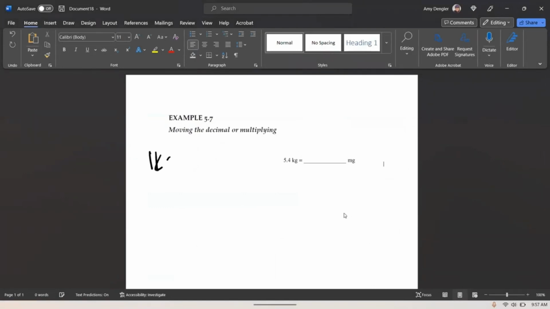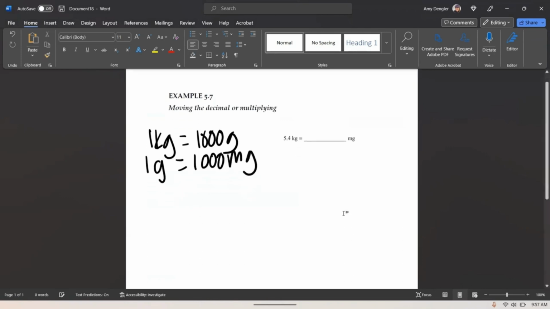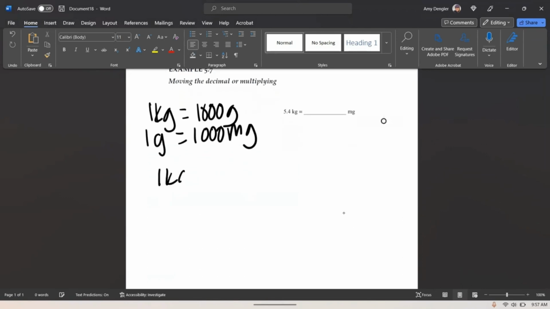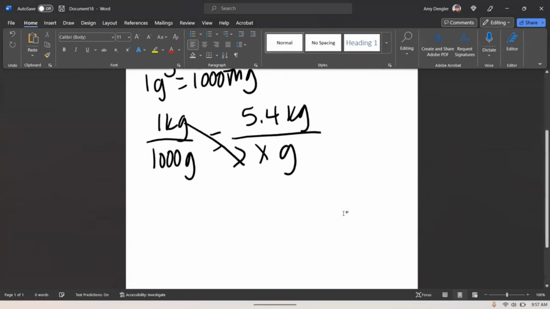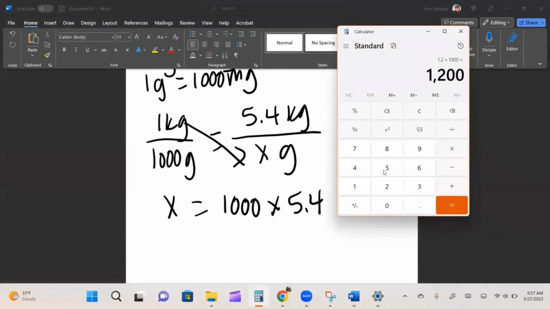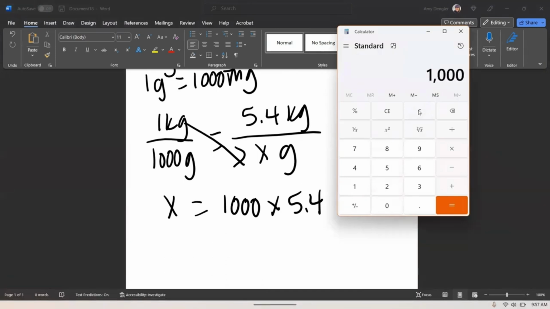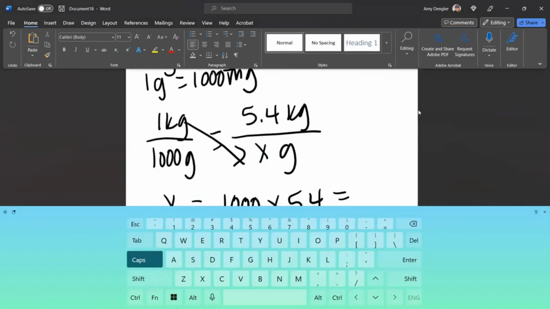So 1 kilogram is equal to 1,000 grams. And then we're going to use 1 gram equals 1,000 milligrams. So 1 kilogram equals 1,000 grams. And we have 5.4 kilograms. How many grams is that? So this 1x becomes just x is equal to 1,000 times 5.4. So 1,000 times 5.4 equals 5,400